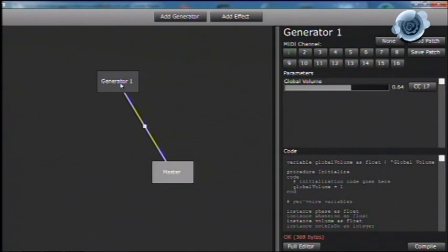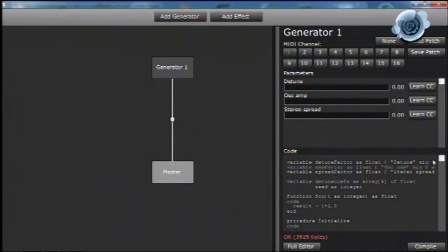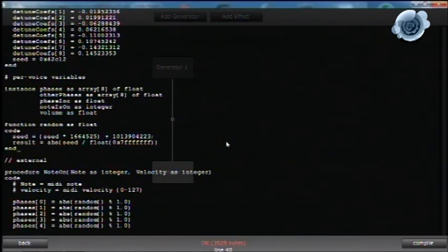And we've also written a stupid preset manager where we can load different patches. So now I have a buggy patch. But it's buggy. Why is it buggy? Because